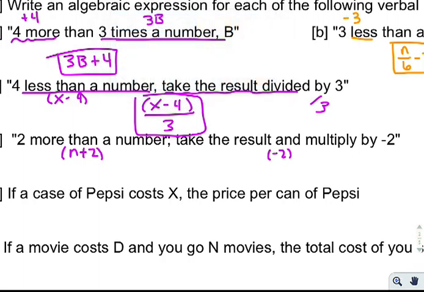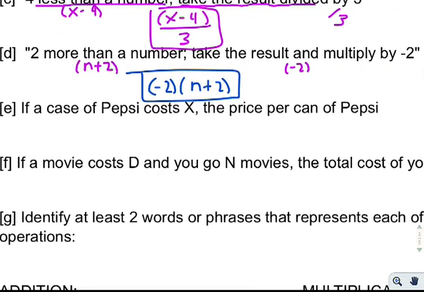So I put these pieces together. I'm going to have like a negative 2 times an n plus 2. Okay, it doesn't matter what variable you use. I'm just using n because it said number, n for number. If a case of Pepsi costs X and the price per can of Pepsi is some expression I got to